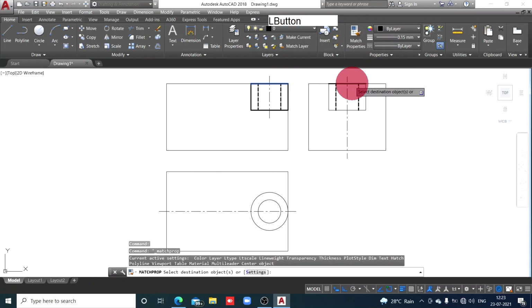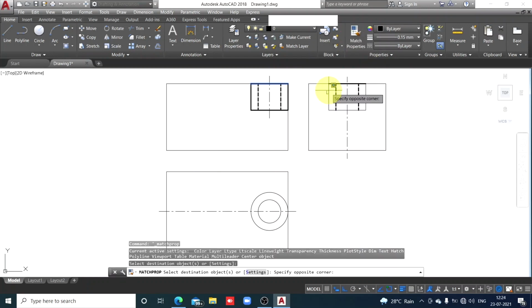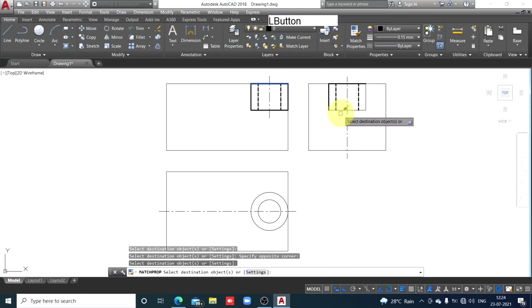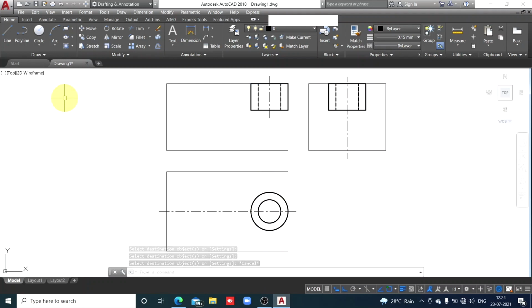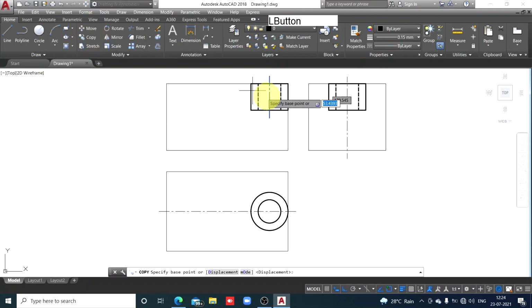Match properties, and also this. Now wherever there is a circle, there must be a center established properly. So I'll draw this line, copy, and I'll move it here.